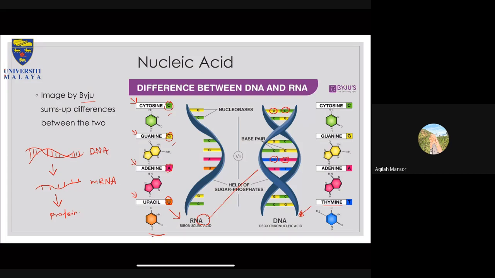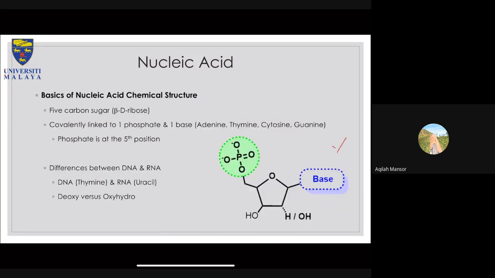All right, so what is the basic structure of a nucleic acid? So a nucleic acid basic structure is as shown here. Again, this is just kind of a summary of what I've said initially, but it will give a big, fine detail on the structure of the nucleic acid. Okay, so it has a 5 carbon sugar, or in chemistry term a beta D ribose. So again, you need to recall what the differences are between L and D sugars. Okay, so basically what you've learned from Dr. Dini's lecture can still be applied in our nucleic acid lecture.